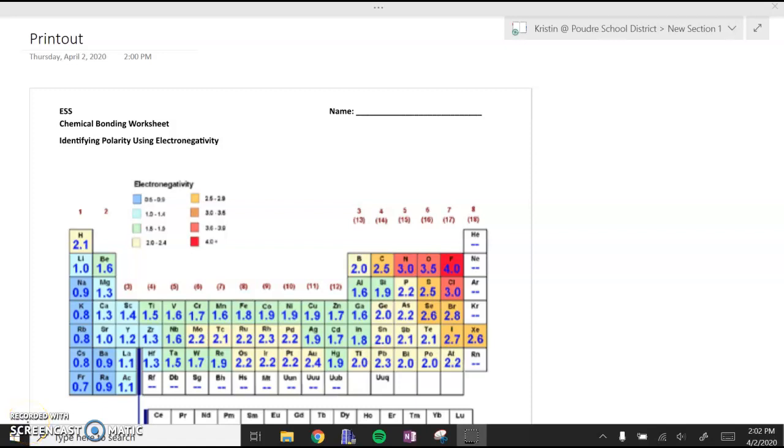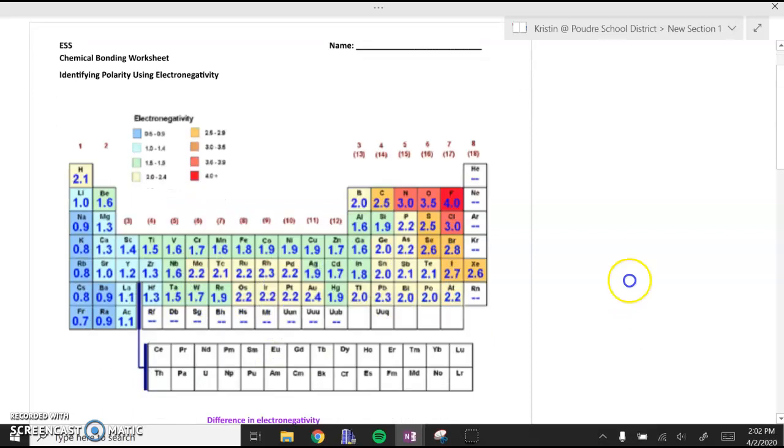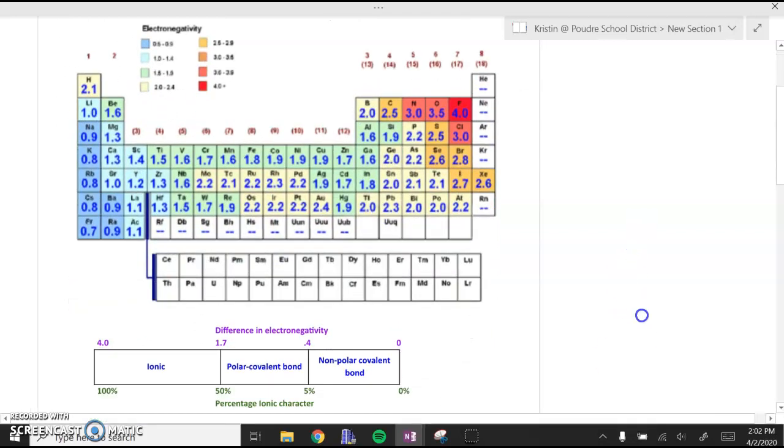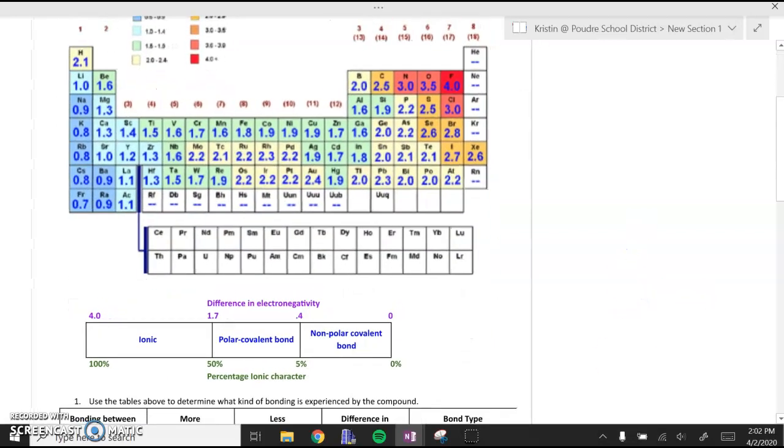Right, you guys, in the interest of trying to give better instructions, I'm just going to make a quick little video to explain this worksheet that we're using to understand how electronegativity causes polarity. So we have the periodic table that we've talked about before, and we're going to be using the